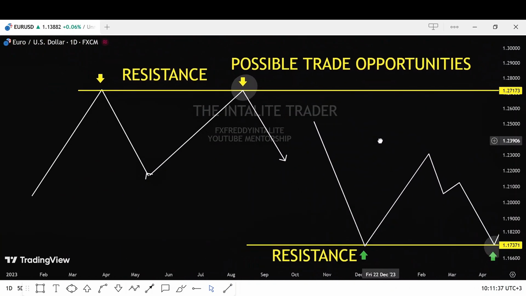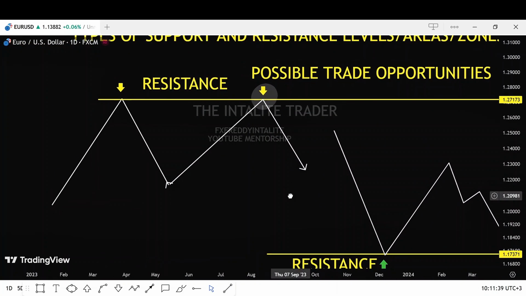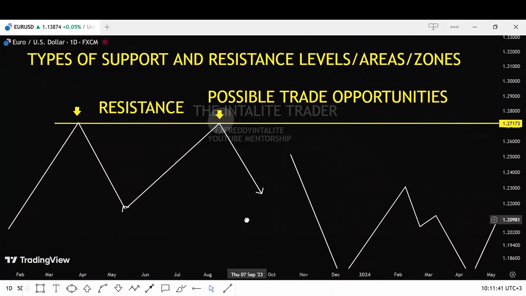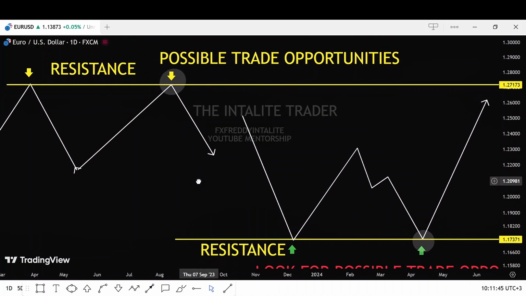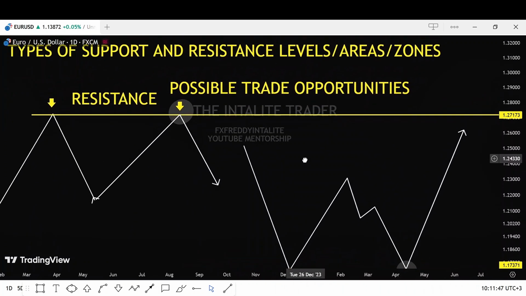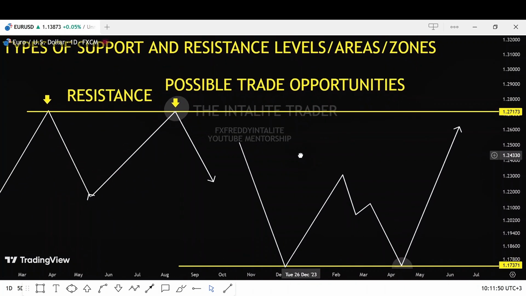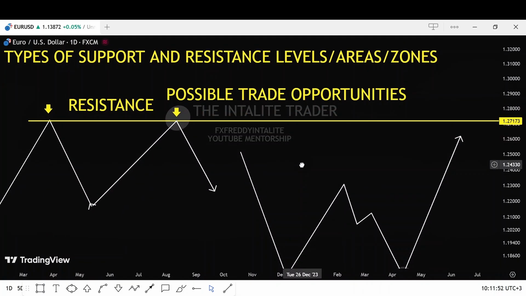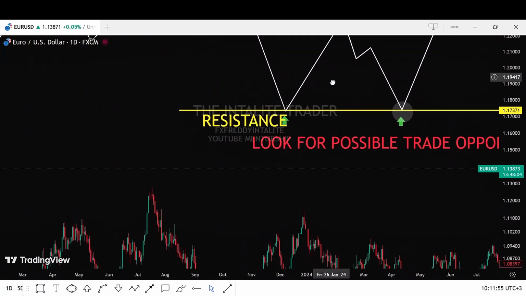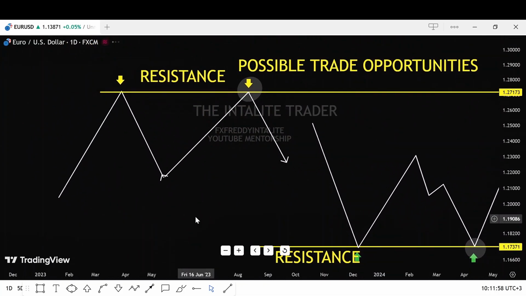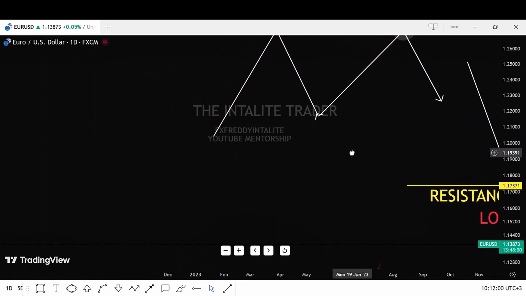So these levels, at times, we call them key levels. In the future videos, I'll be showing you that these are key levels. When you are trading support and resistance, you can regard them as key levels. I repeat,